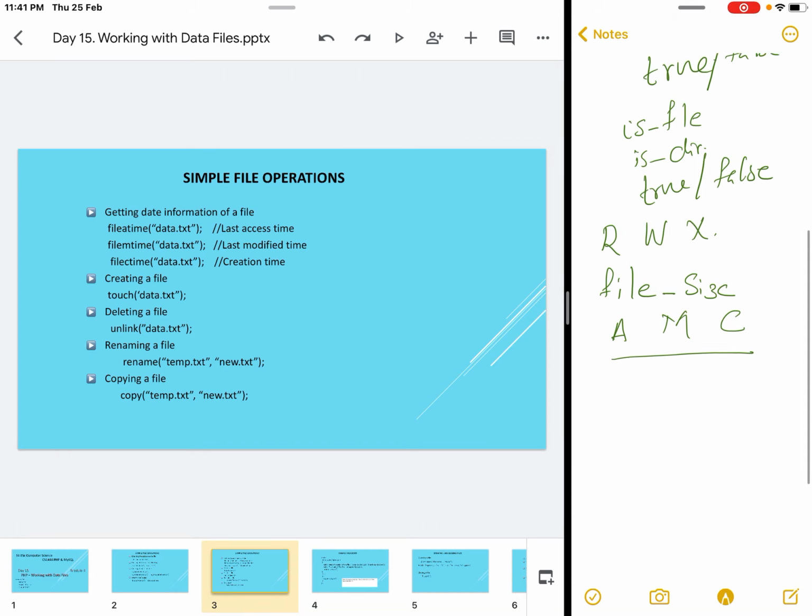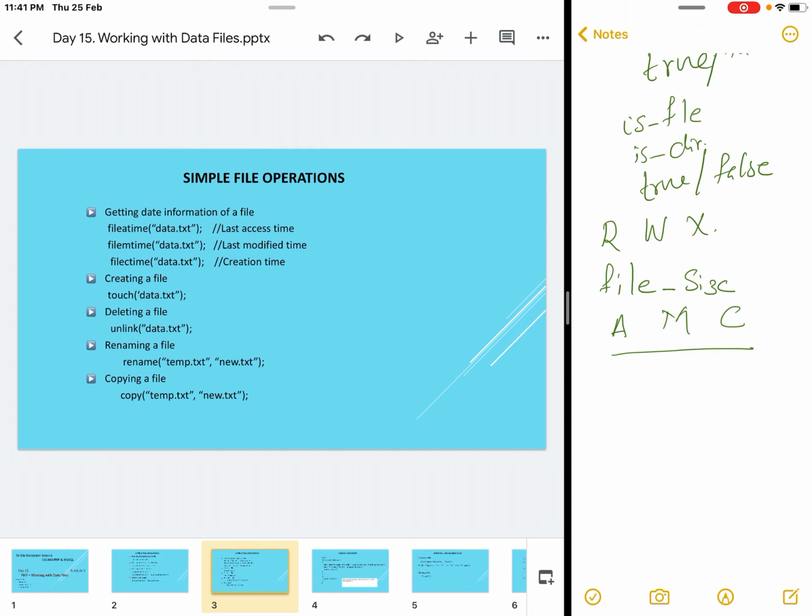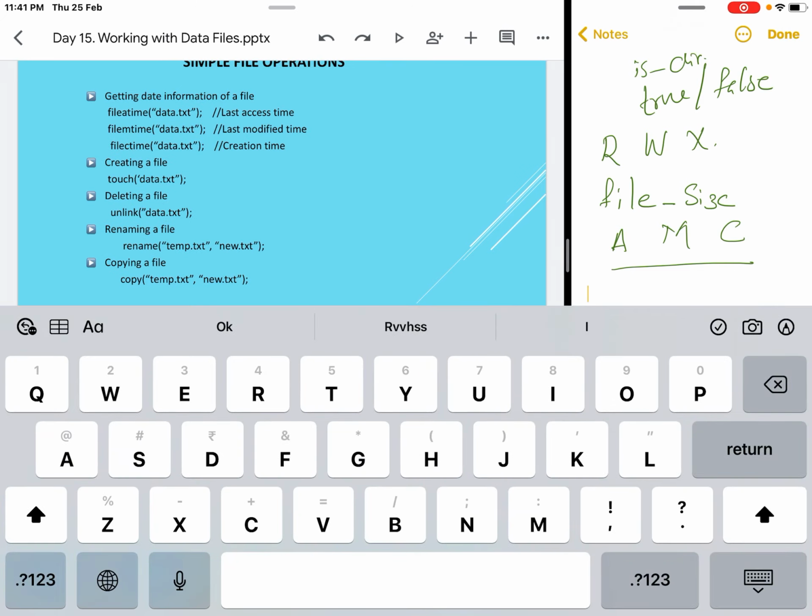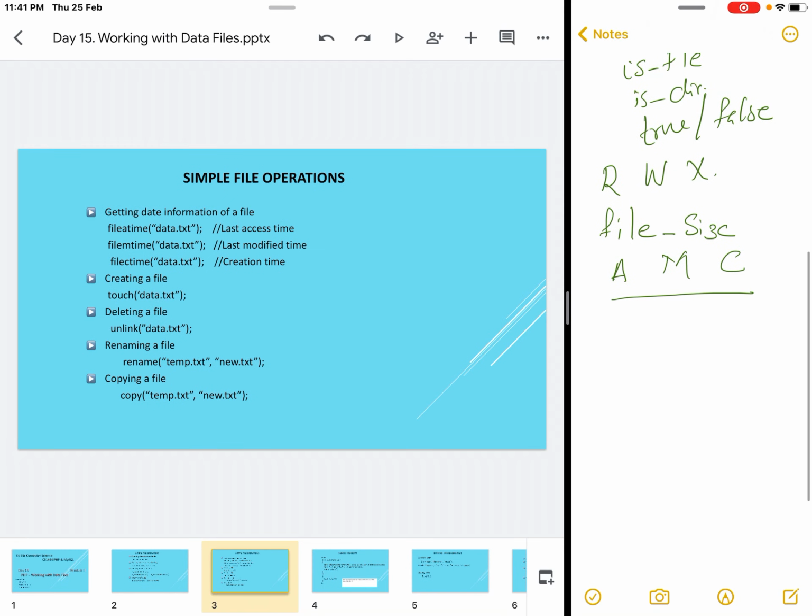These functions return the date in Unix format, which is not human readable, so if you want it in DDMMYY format, it must be converted into that format by the date function.